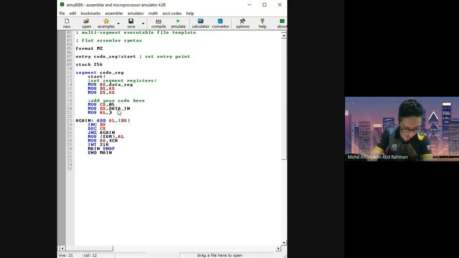Move 0 to AL, and then again, add AX to AL, then INC, jump again. Then move AL to sum, and then move